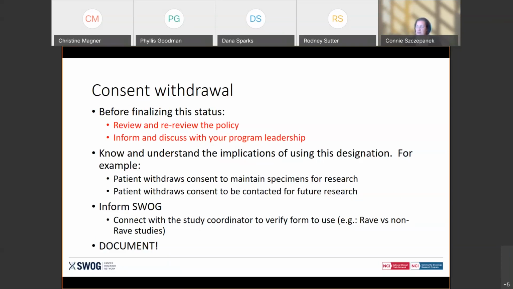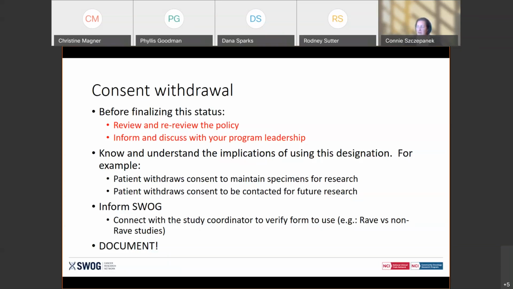For example, they may have specimens on file. They may have agreed to be contacted for future research. You don't inadvertently want to disable things that have already been done and contributions these patients have already made. And it may just be simply that they need a break. They might need a timeout, and they may be willing to come back at a future date to continue to contribute data. I would also encourage you strongly to inform SWOG and work with your study coordinator to